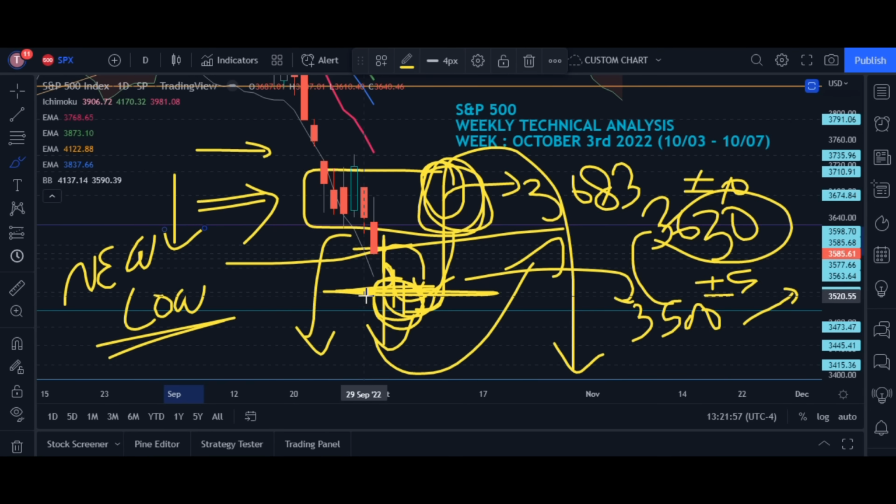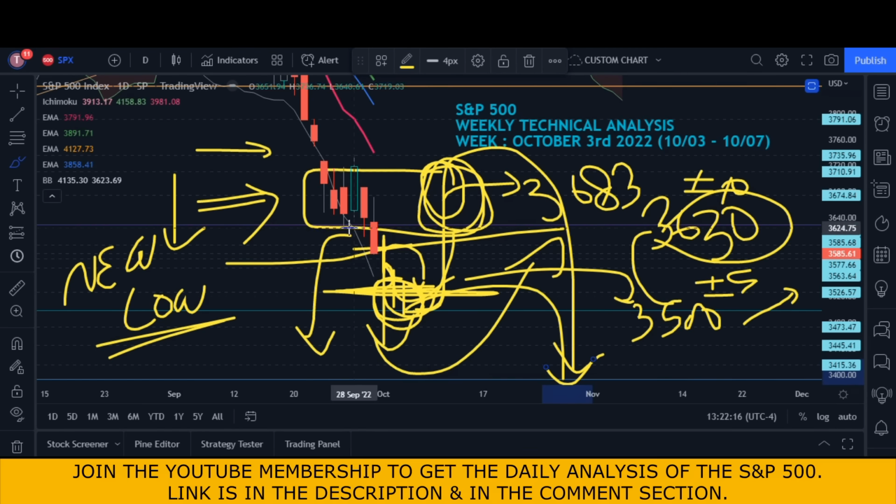So a new low can be formed at this level, 3525 or 3500, and if not, then we can say somewhere around 3400. That will be there, the new low. But guys, when I say new lows and then the S&P 500 is coming down, and it will come down,